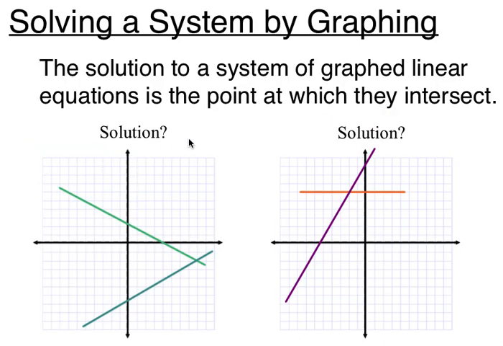So if we look at these two examples, they are each already graphed for you, and we are just looking to find the solution to the system. So when you're looking at the graph, the point that's shared by both of the lines is going to be the point of intersection. So that would be this point here. So when we write down the solution then, we're going to be writing an ordered pair because that's how we represent a point. So for this ordered pair here, which is the point of intersection,